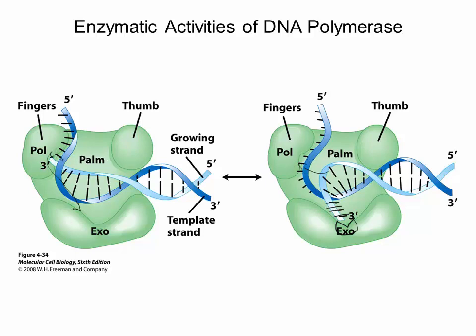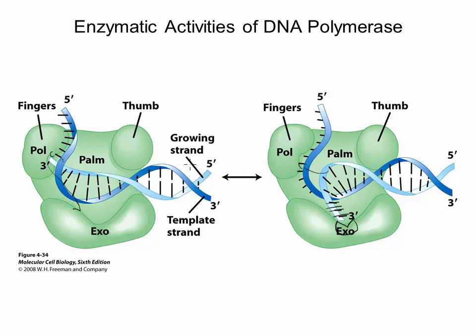So mismatch occurs. That strange shape associated with incorrect base pairing is detected by the enzyme. That stimulates a shape change that flips that end down here to the exonuclease active site. The exonuclease active site chews away the nucleotides that were just incorporated and is transferred back up to the polymerase active site, and the enzyme picks up where it left off and hopefully gets it right this time and doesn't misincorporate